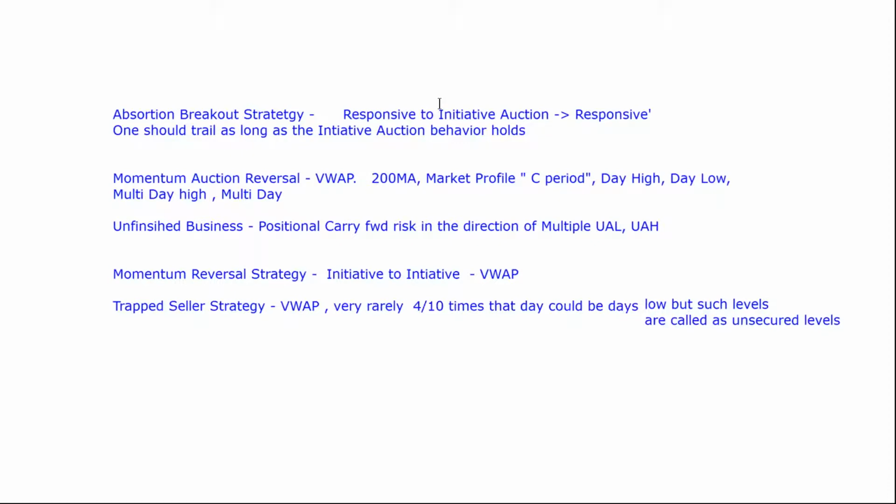Right. And what are the things we still have left? I think that's what we talked about. Tomorrow we'll be talking about delta positioning, delta unwinding, cumulative delta strategies, and failed breakout strategy. Only one failed breakout strategy we've seen, which was combined with momentum auction reversal, a breakout of the previous day low. We looked at one example in the morning, but tomorrow we'll look into failed breakout and momentum breakout strategies. So there are a total of 4 more strategies still left, and one more strategy